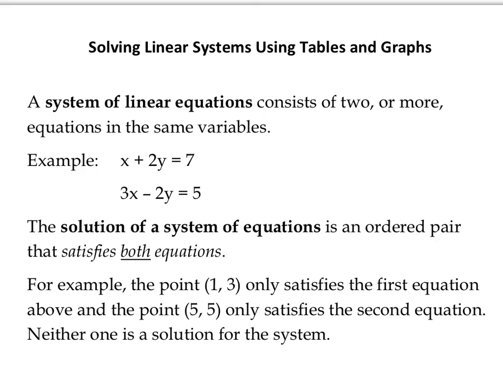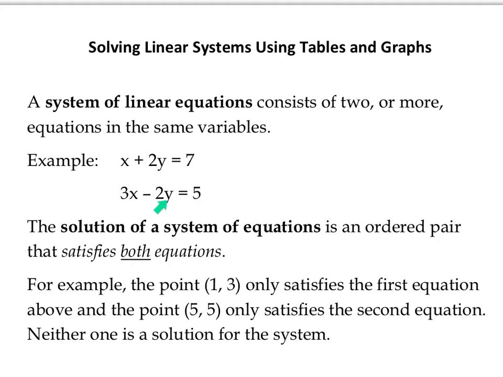Okay. The solution for a system of equations is an ordered pair that's a solution of both equations. Important to emphasize both equations. Okay? We see two equations here. These are a system of equations. x plus 2y equals 7, 3x minus 2y equals 5, two different equations with the same two variables, x and